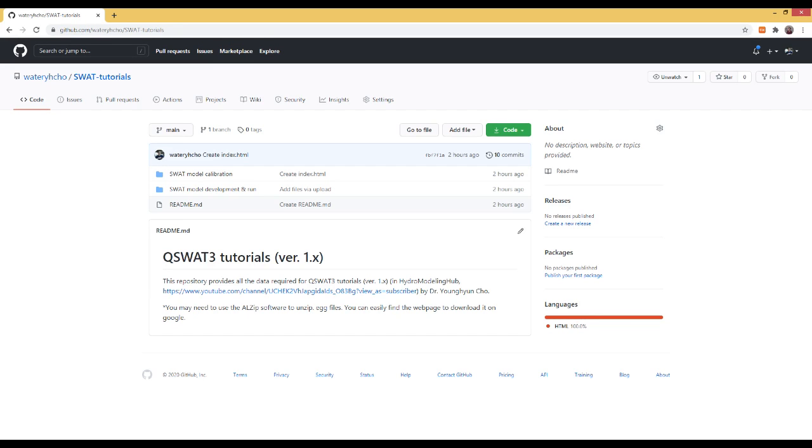Hi everyone, this is the first video for the SWAT model development and initial run. In this video, I will demonstrate step 1 in SWAT model development using QSWAT for creating streams and delineating watershed. In this tutorial, I will use one of the Korean dam watersheds as an example study area, and the data